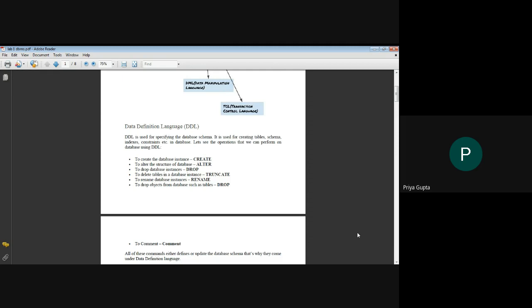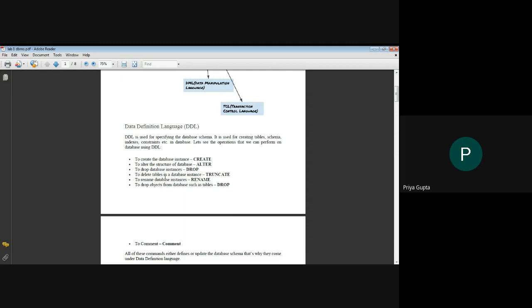To create a database instance, we use the create command. To alter the structure of the database, we use alter. To drop the database instance, meaning to delete the particular table from the database, we use the drop command.